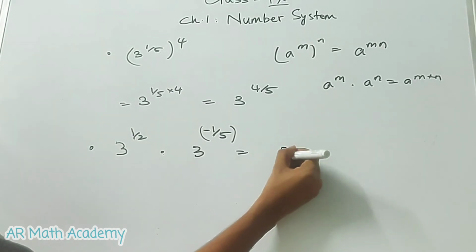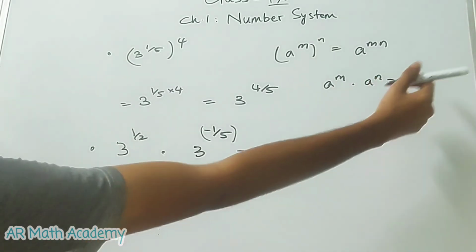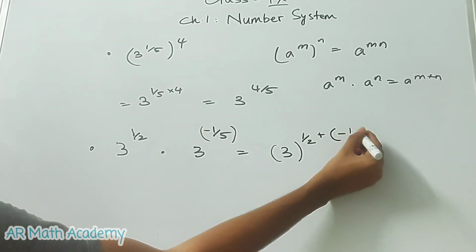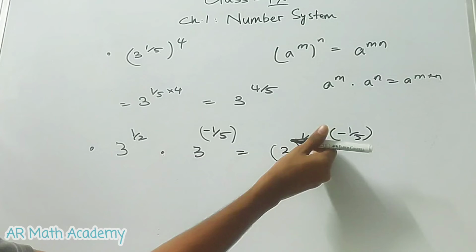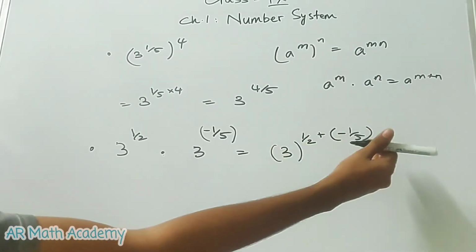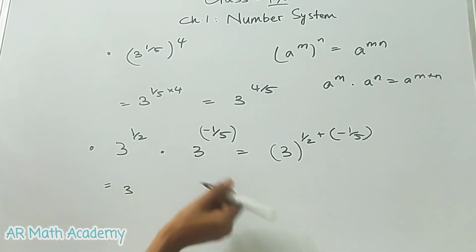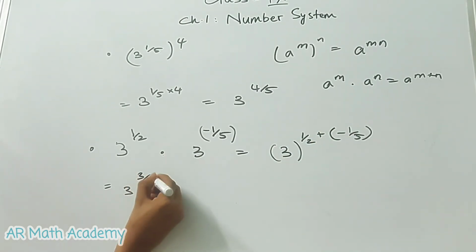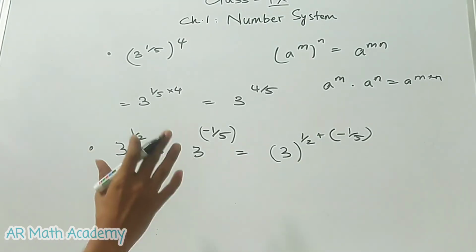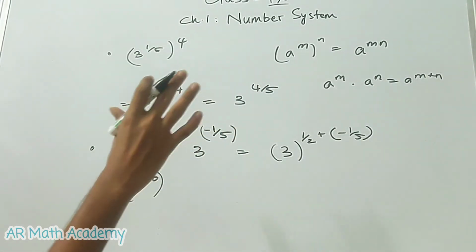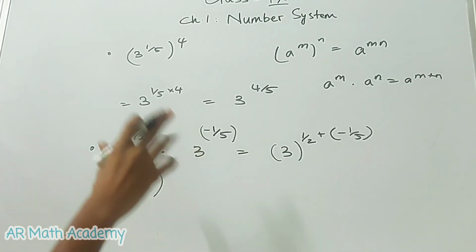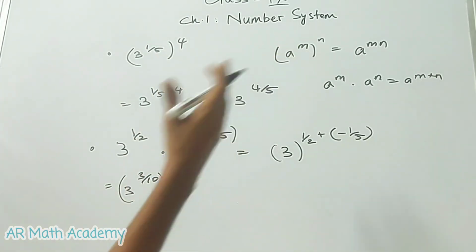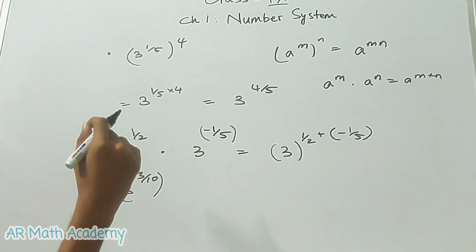So what you are doing over here is 3 power m times 3 power n, which is 3 power m plus n. So 3 power, what is m over here? 1 by 2. What is n over here? Minus 1 by 5. So what you are doing over here? 1 by 2 plus minus 1 by 5. 1 by 2 minus 1 by 5, right? So if you take the LCM, you get it out to be 3 by 10, right? 5 minus 2, yeah. So 3 by 10. So this is your answer. So you can basically apply the laws of exponents for any integer or a fraction in the power, where you can easily simplify many problems based on using these laws of exponents and get the final answer.